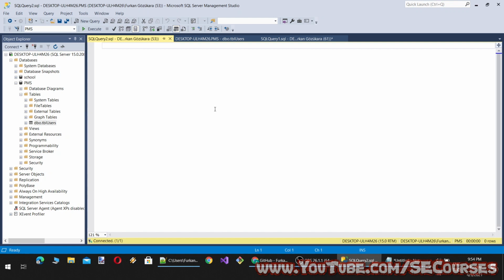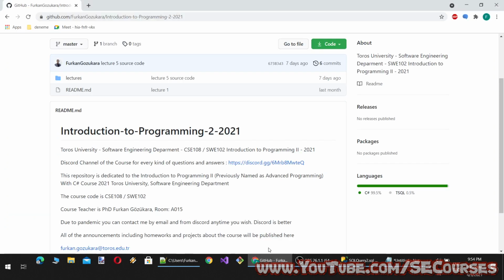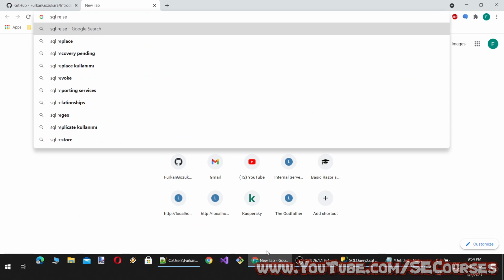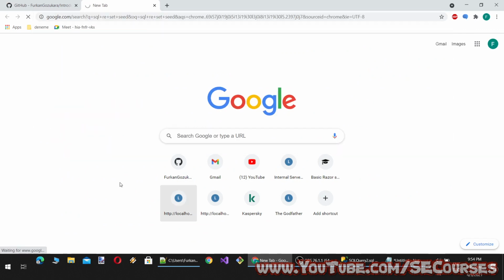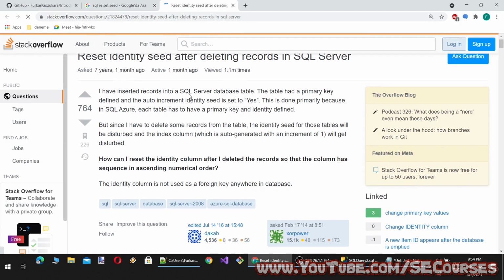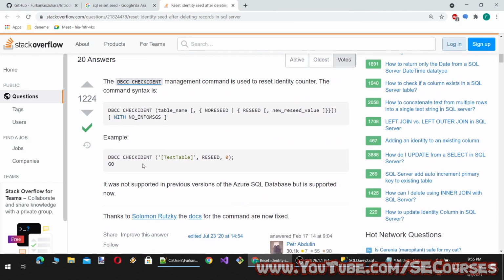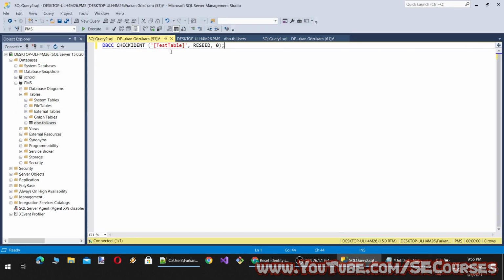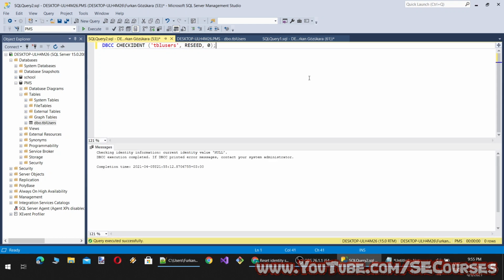However, you can reset the seed after you have deleted all the records. Okay, and what was the command? I don't remember. Let me find it. Okay. Yeah, here. So the table name is TBL users. Reset seeds 0.